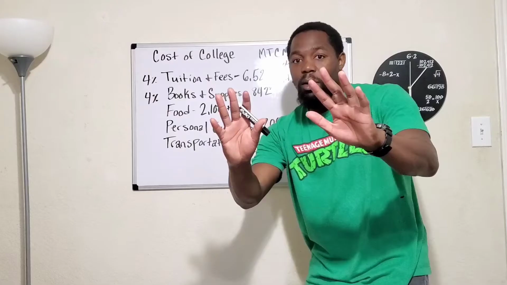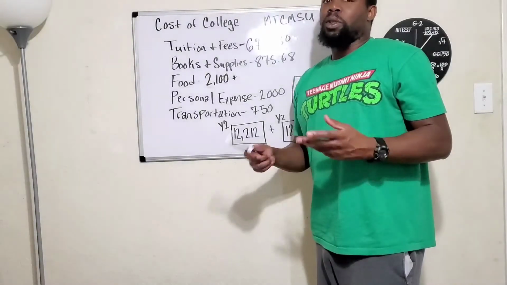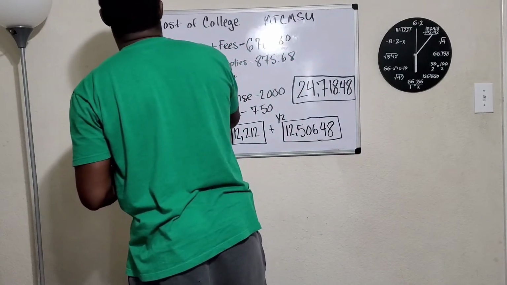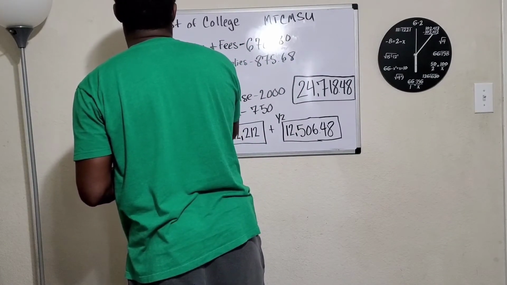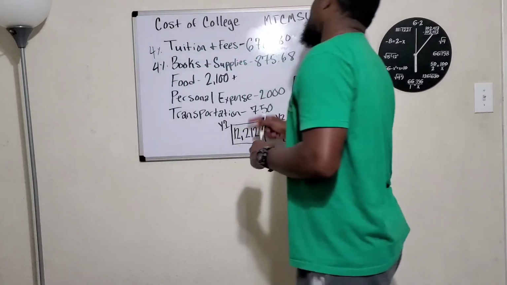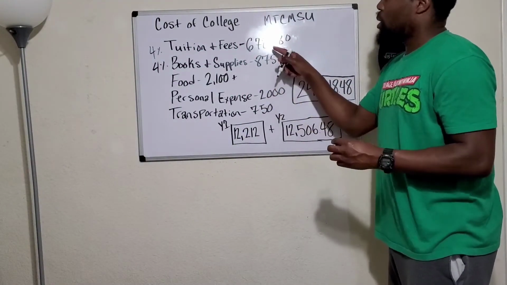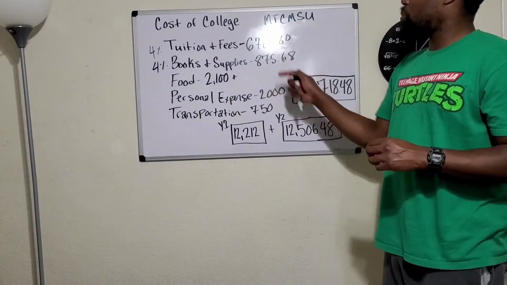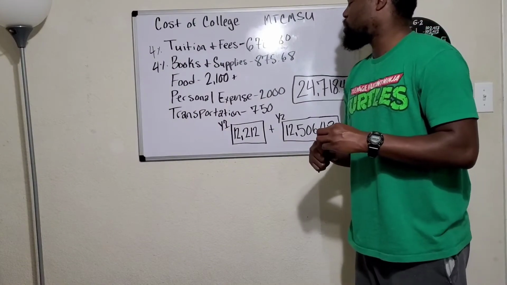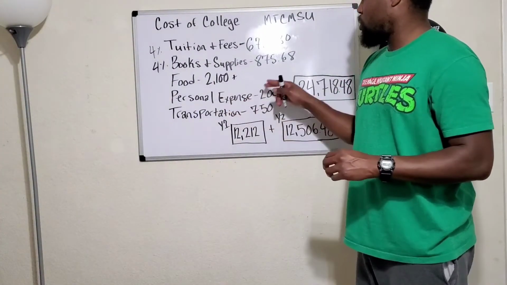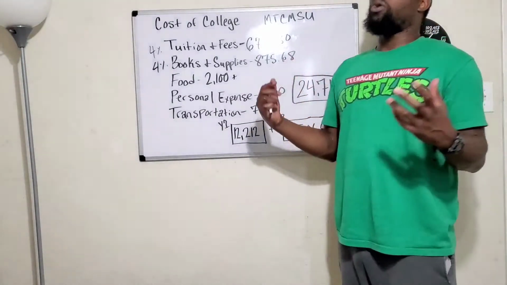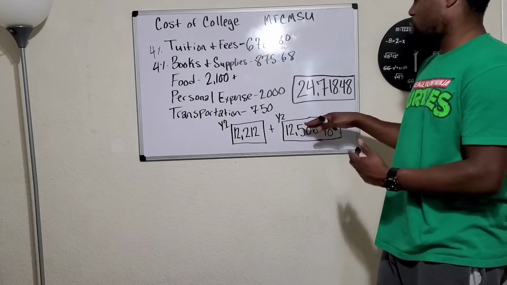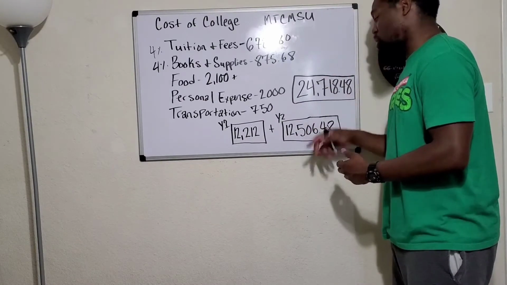Pause. You didn't press pause, did you? So if you did your math correctly and you multiplied your original tuition by your 4% and your original books and supplies by 4%, you would have gotten this right here, $6,780.80. For your books, your new number would have been $875.68. Your food, your personal expenses, and your transportation would have stayed the same. And once you added all of that up, your year two cost for attending MTC MSU would have been